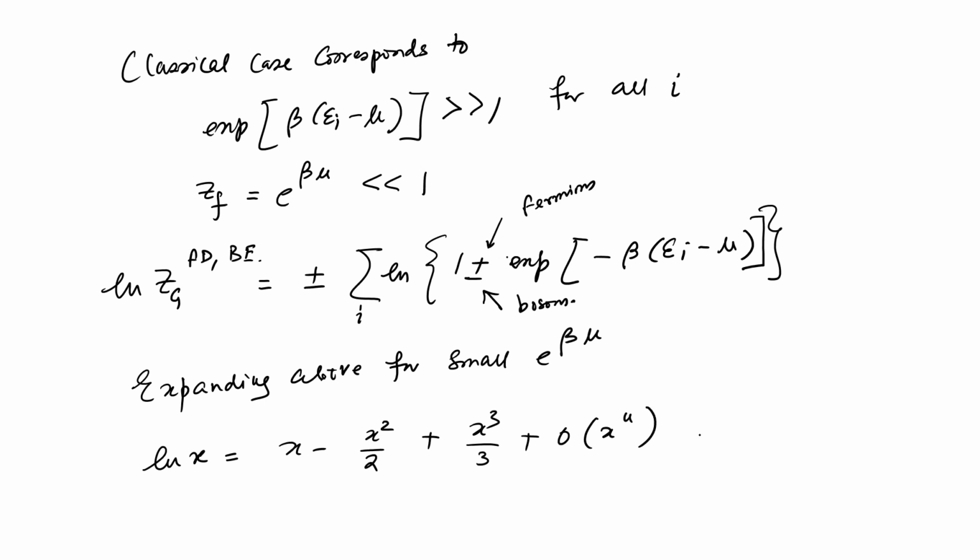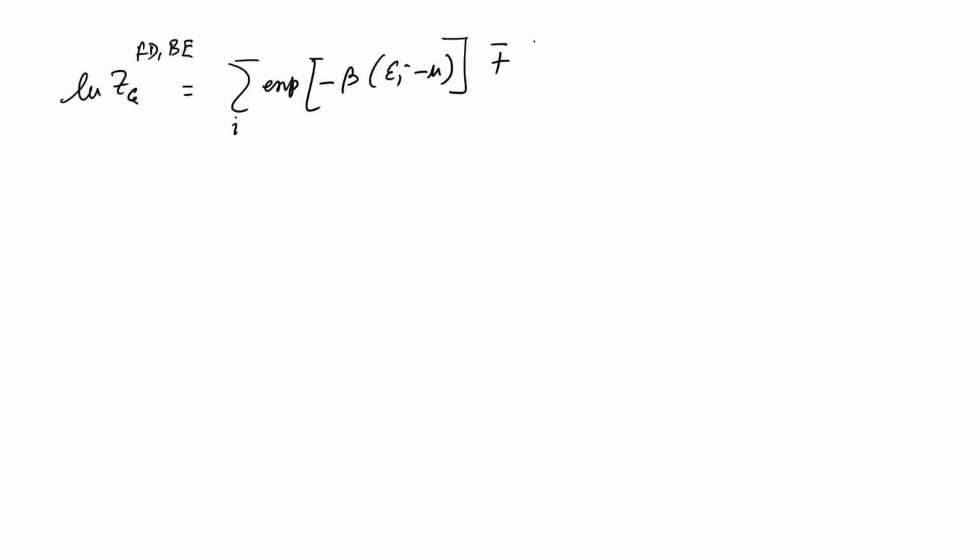So, if you keep the first few terms for small x, then this log of Zg for FD and BE can be written as sum over i exponential minus beta epsilon i minus mu, and a minus plus half of sum over i